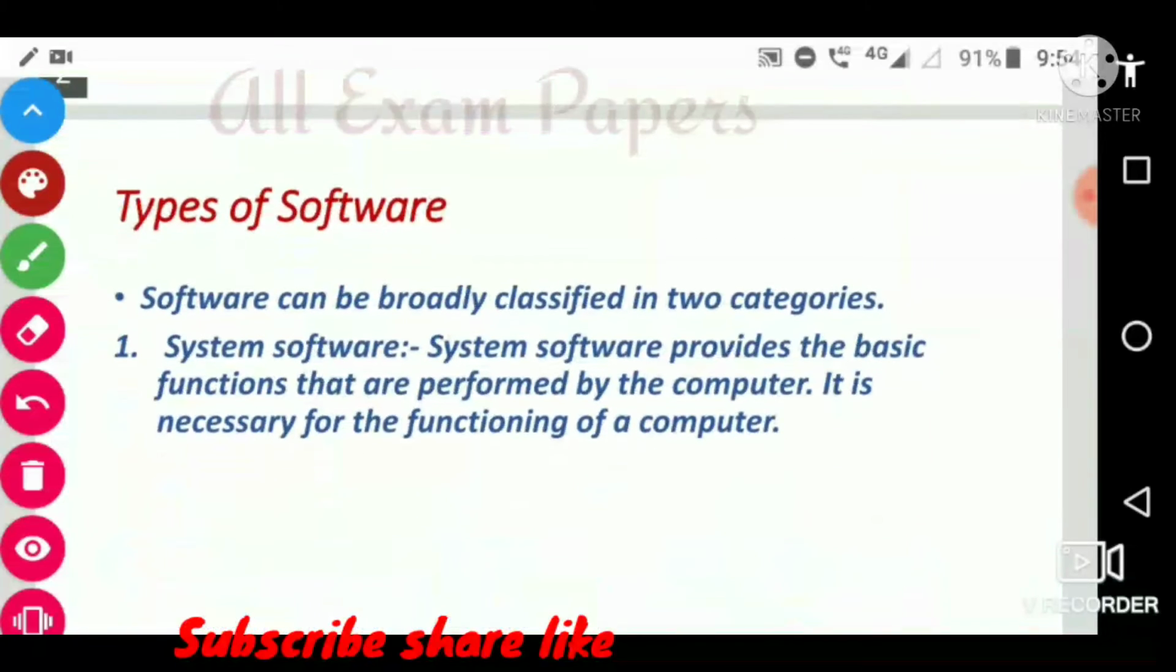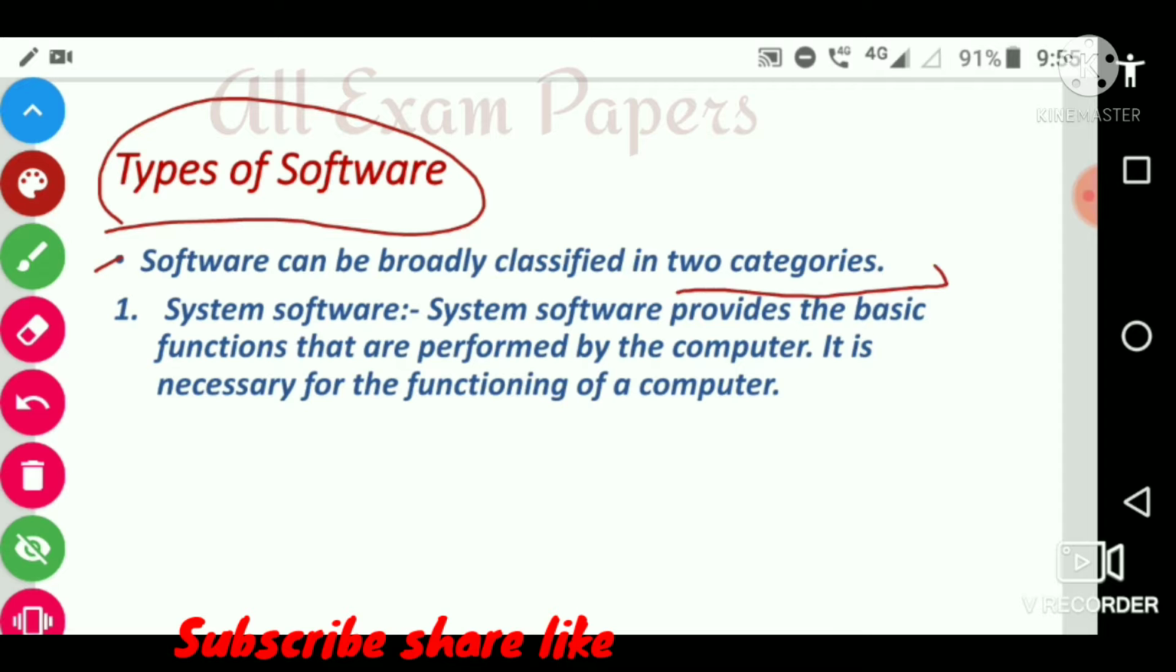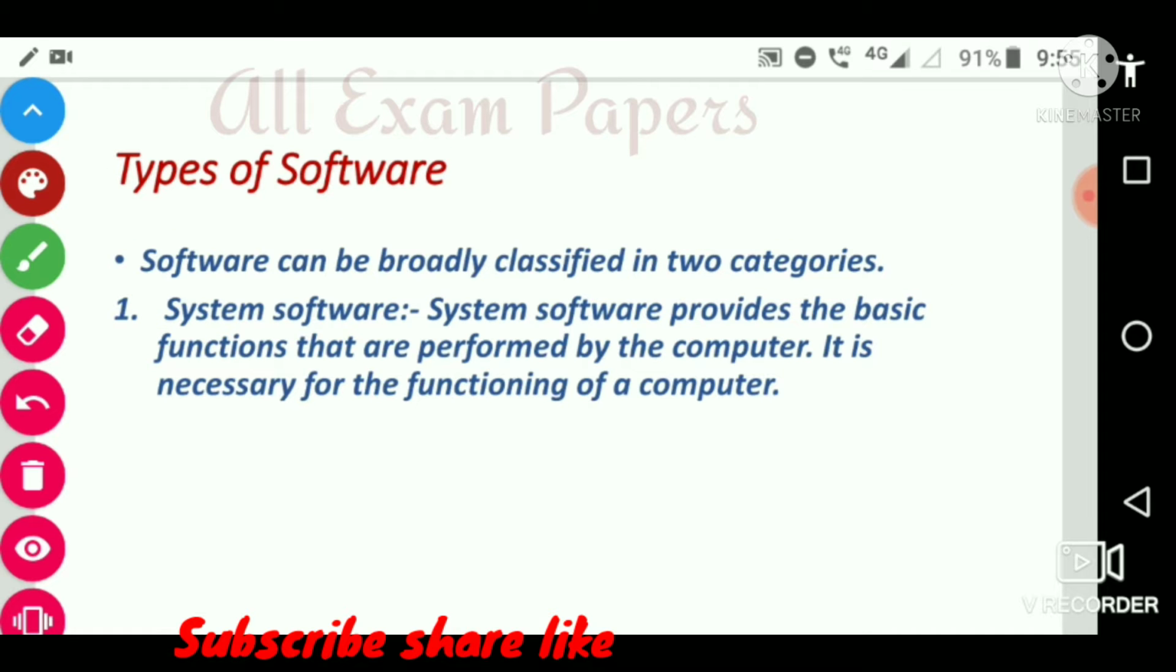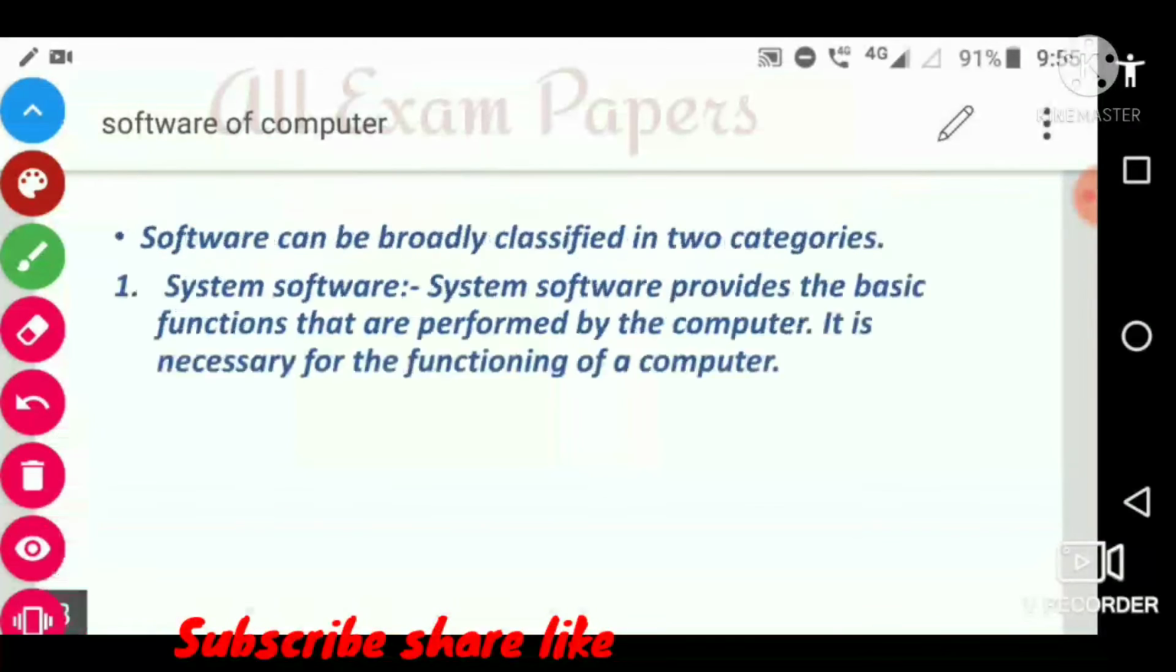Next is types of software. Software can be broadly classified in two categories. First is system software and application software. So, two types of software. So, first is